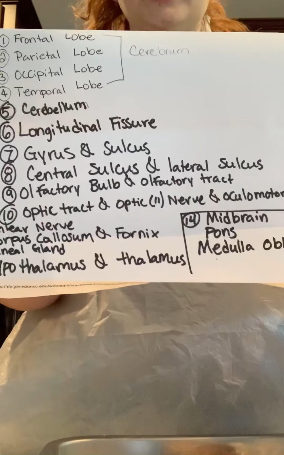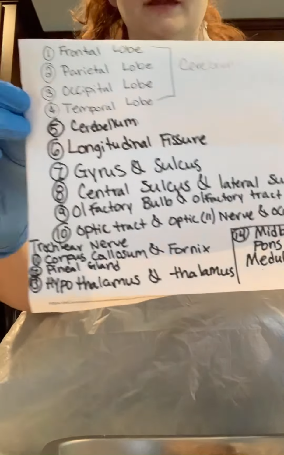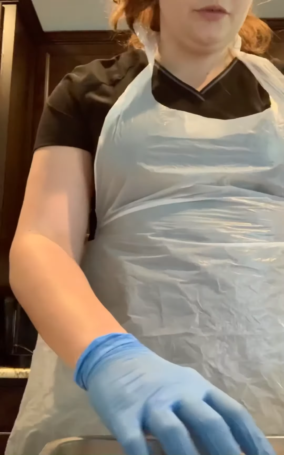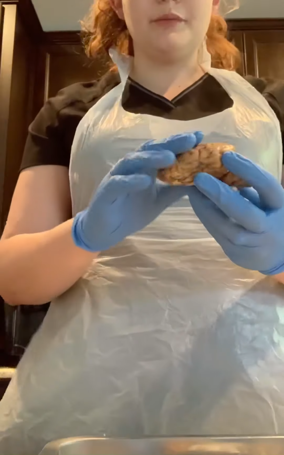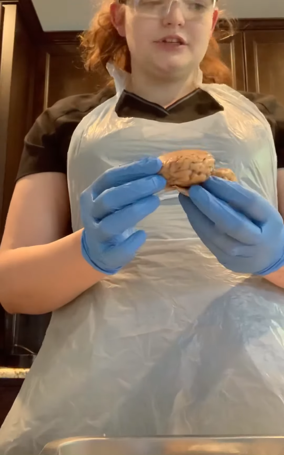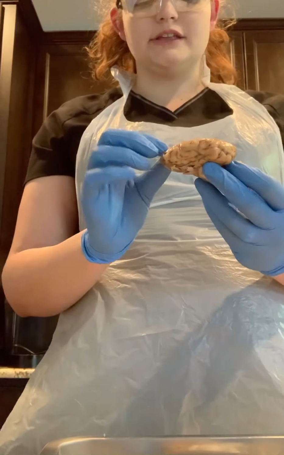Doing our sheep brain dissection. I have my list here and the steps of everything that needs to be identified. We'll first start with the top of the brain here, which is the cerebrum, and that is separated into 4